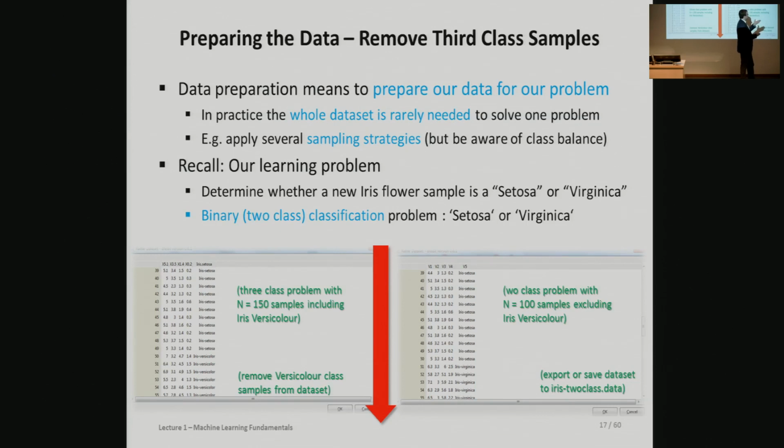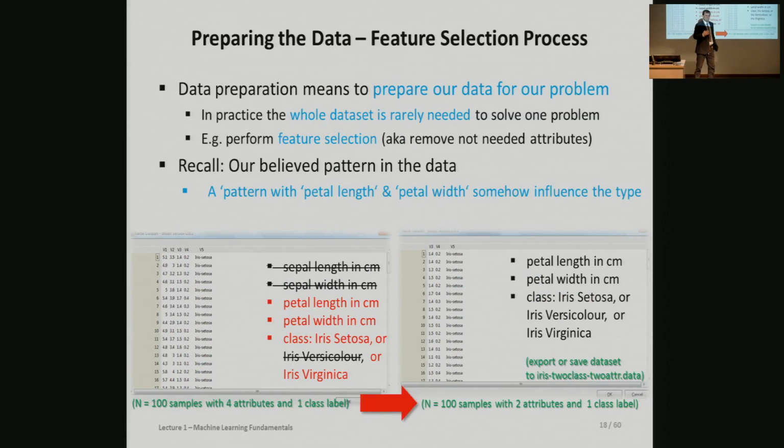For instance, in our example, as I told you, in the beginning we were just interested in saying, is it the Setosa originator? So we would say we sample here, out of these 3 classes, those 2 classes. Right? There's a process called sampling, which should be in your mind. It's a very important term when you go to practice. With this, we have a binary classification problem, right? Everybody sees that. We have 3 classes, now we remove 1 class for a specific purpose, I will tell you later. But basically now we have a binary 2-class classification, a very simple one that we can actually do with very simple models.